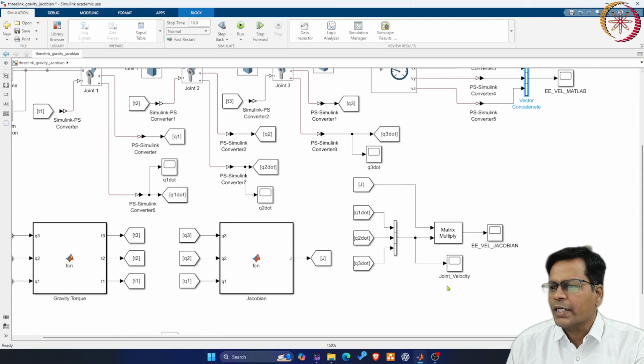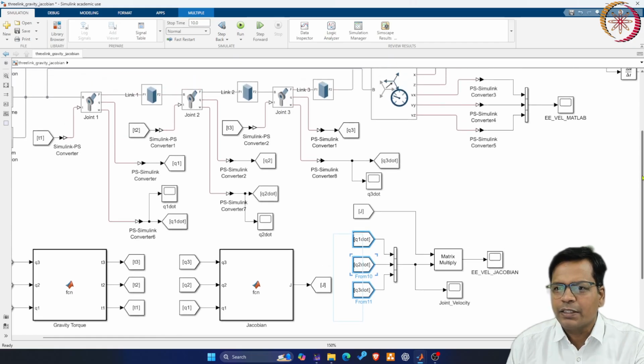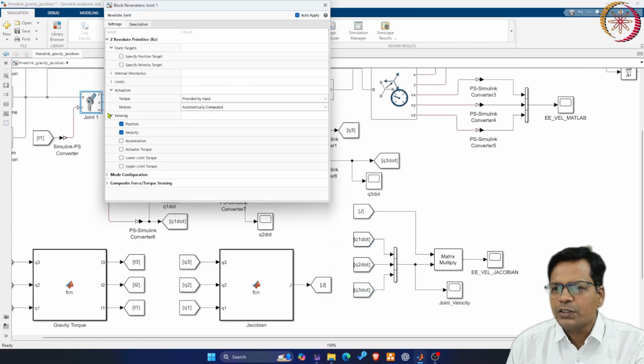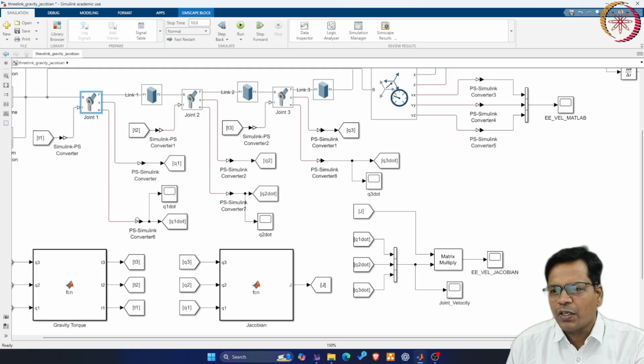Now again I have used the joint velocities here, Q1 dot, Q2 dot, Q3 dot. Those are the additional outputs. All the joints are not only sensing the position, they are also sensing the joint angular velocity. That velocity is saved as Q1 dot, Q2 dot and Q3 dot.